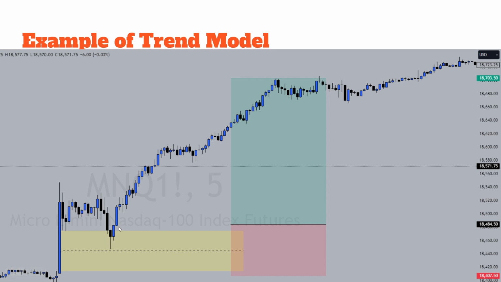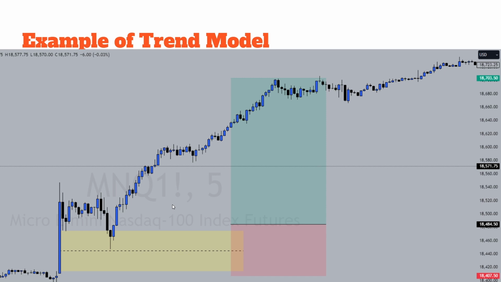Then this candle right here, if you wanted to be extra safe, you could have obviously waited for here or used 1 minute as confirmation. This 5-minute candle closed over this fair value gap again, giving you confirmation that price most likely wants to rebalance higher. And so for me, whenever I do take trend models, and they've been less recently, whenever I take them,